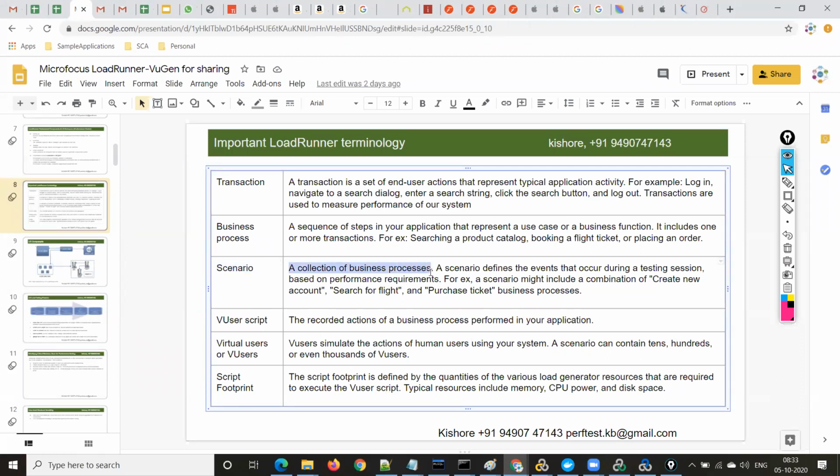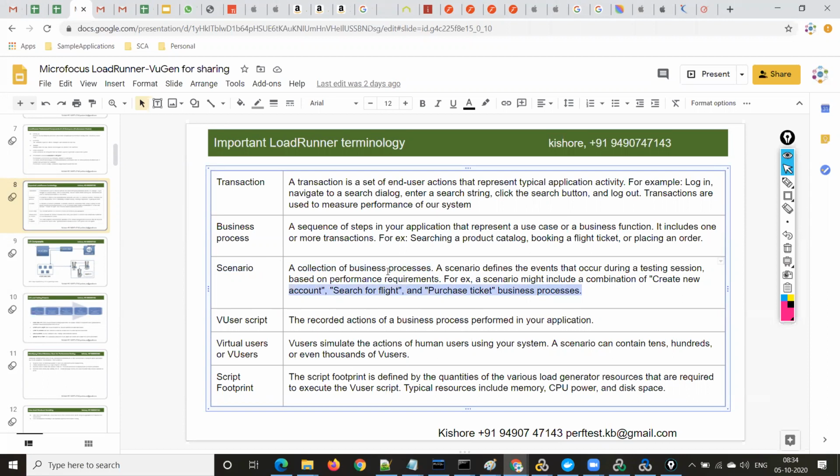A collection of business processes is called a scenario, right? For example, a scenario must include a combination of create new account, that is user registration, search for flight, and purchase ticket business processes. So you understood what a scenario is, right?